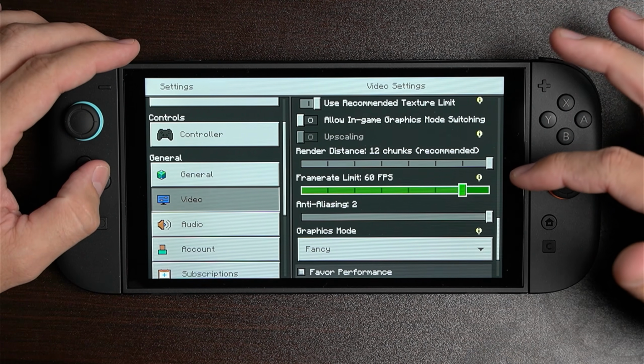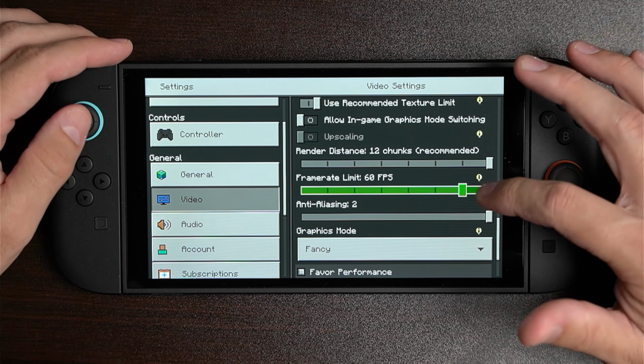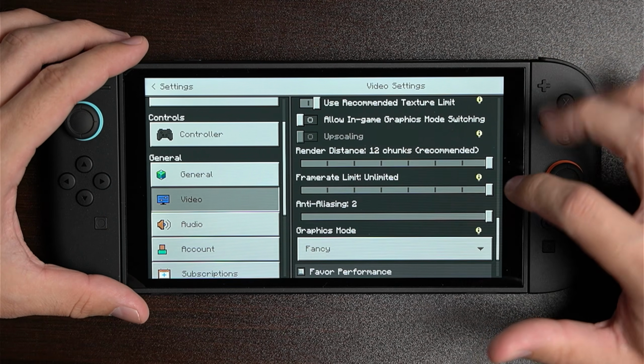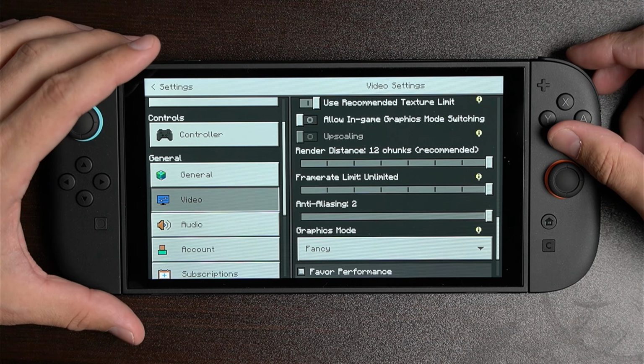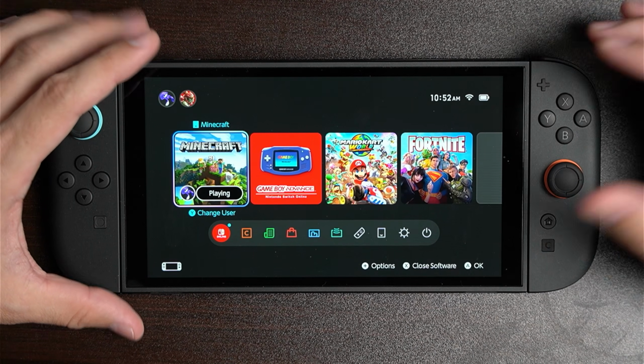So if I want to get 120 FPS on Minecraft, I actually have to put it on unlimited here. I have to move that up a little bit to frame rate unlimited so I could get 120 FPS out of Minecraft. Now, after you have set up your game to the maximum, what you want to do